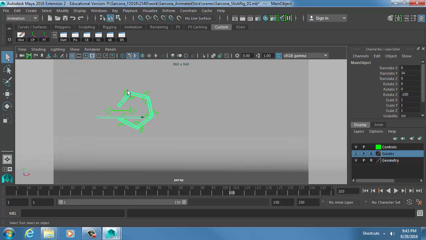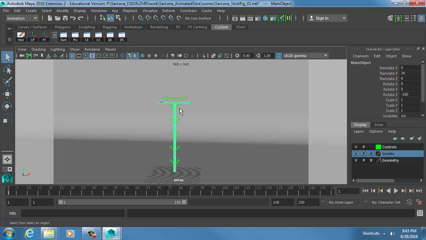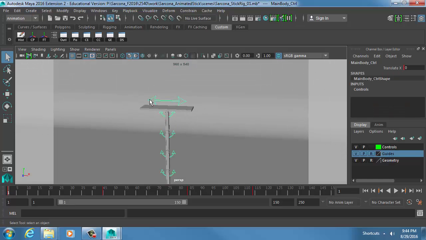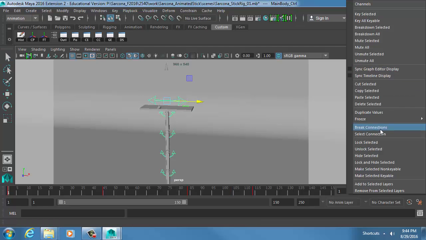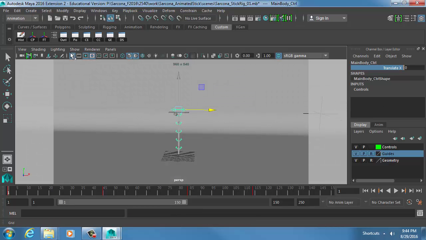All right. Sometimes too we want to isolate just certain features. Let's say I just wanted to look at the legs of this and watch the tentacle or whatever it is just swing back and forth, but not have this move back and forth. So if I click on this and go to the Translate X, I can right click and I can say mute. Where are you at? There you are. Mute selected. This turns it from red into this tan color, and that means don't move. So now when I rewind this and hit play,